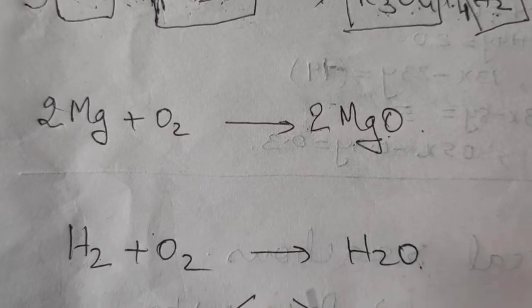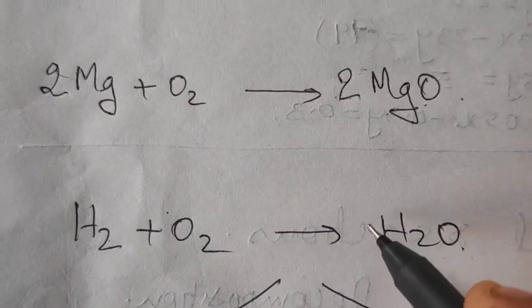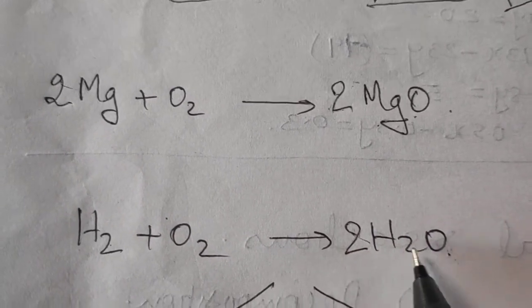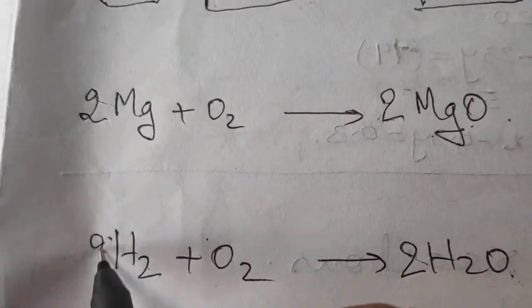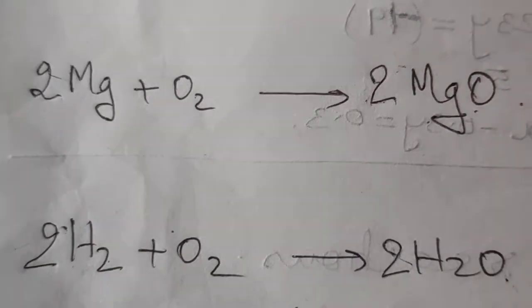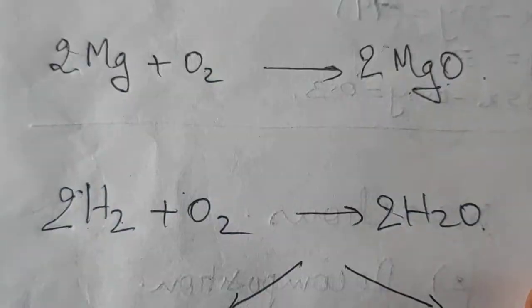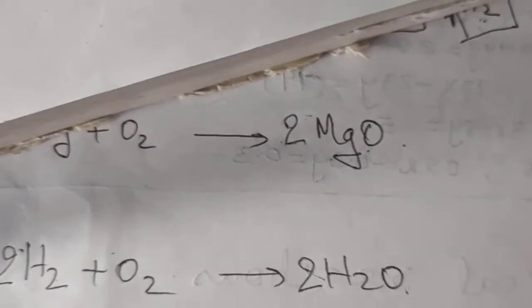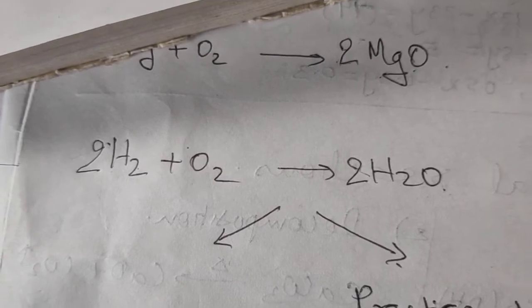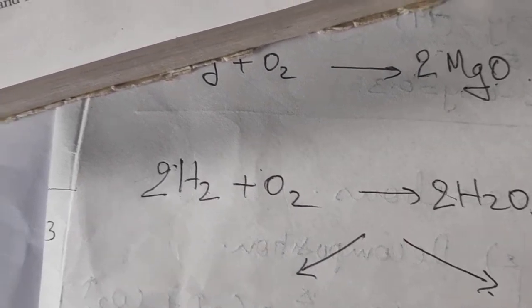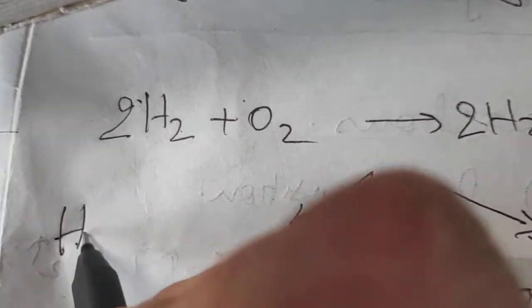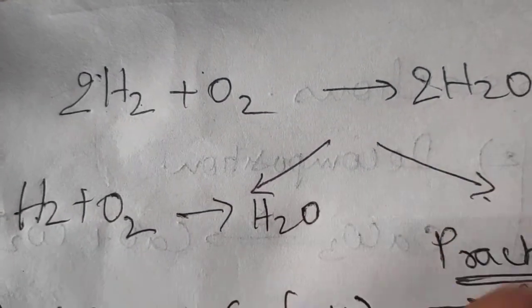So now if the oxygen is to be balanced, as we did in the previous case, you will put 2 over here. So 2 oxygen, but now what is getting disturbed? Hydrogen becomes 4, so balance it by putting 2. Clear or not? So the equation for water formation can be shown in this manner: 2 molecules of hydrogen reacting with 1 molecule of oxygen to form 2 molecules of water. If you don't want to express it like that, what was the original equation? H2 plus O2 giving H2O.